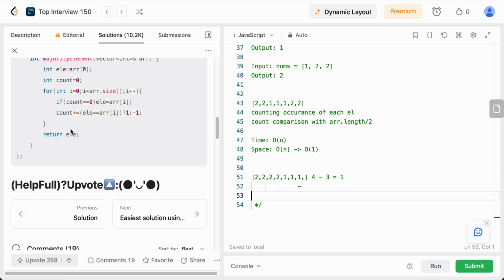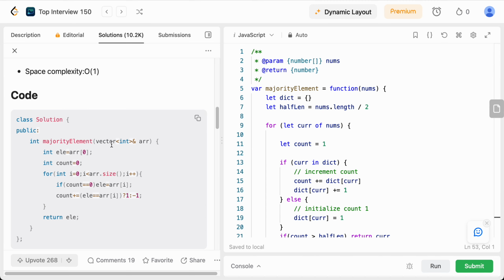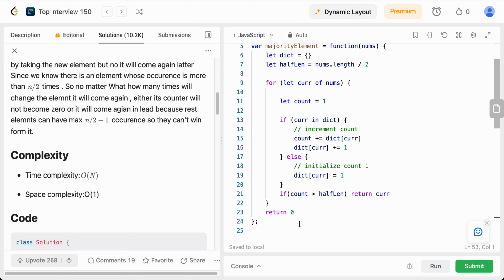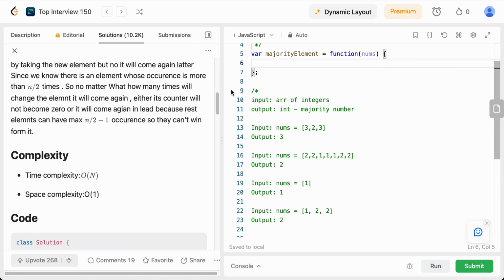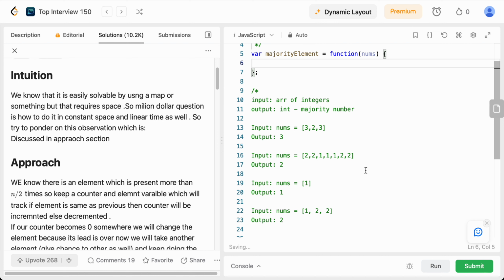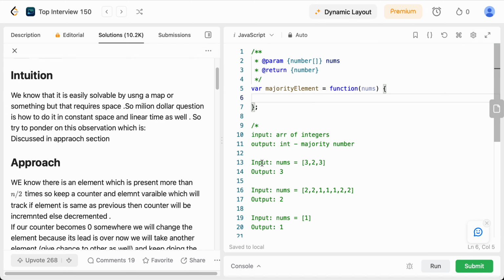Actually, even if you have seen the solution, let's try to code it up. This is a very good idea: when you see a good solution, try to replicate it. Do not look at the code and copy paste, but try to write it on your own, understanding the logic. So what we are doing is,